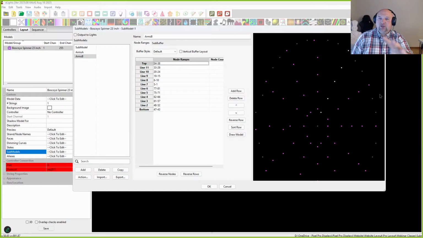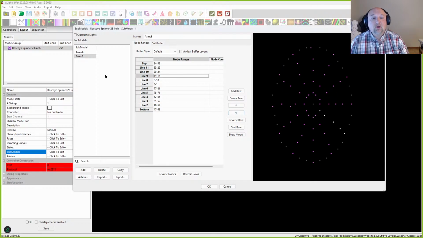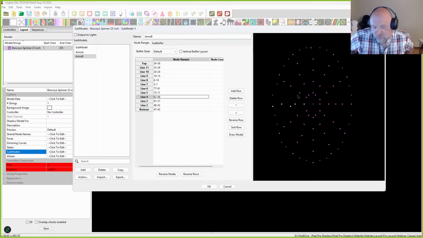But as you can see, with just some basic, simple clicks and drags, we've come up with a few submodels. Now, as I click these, I'll zoom out here. I zoomed in a little bit too much there. But as you can see, I can click on each one of these individually, and you can see them built. Now, again, this is an older model. The model was probably made back in